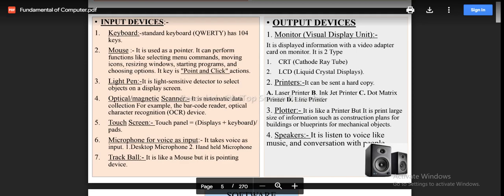Output devices. 1. Monitor, visual display unit. It displays information with a video adapter card. Monitor types: 1. CRT, cathode ray tube. 2. LCD, liquid crystal display. 2. Printers. It can be sent as a hard copy. A. Laser printer. B. Inkjet printer. C. Dot matrix printer. D. Line printer. 3. Plotter. It is like a printer but it prints large size information